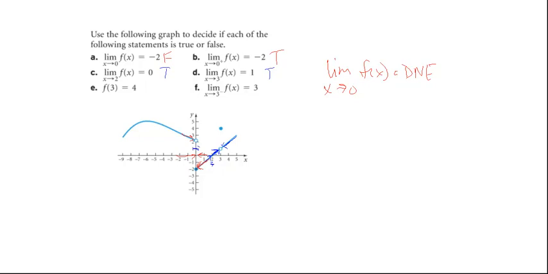Next one asks us about our function value at 3. This says f of 3 equals 4. So here's 3. What's its function value? Well, there's a hole here on that straight line. So that means there's no point at 3 there, but notice that it is up here. So f of 3 is in fact 4. That's true. And then our next question asks, is the limit as x approaches 3 from the left equal to 3? Well, the answer is no, because we already saw that the limit as x approaches 3, which means both from the left and the right, is 1. So this answer would be false.